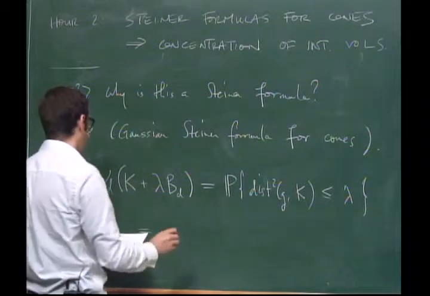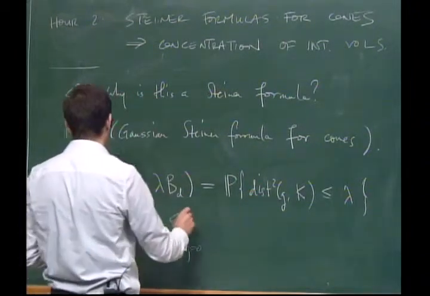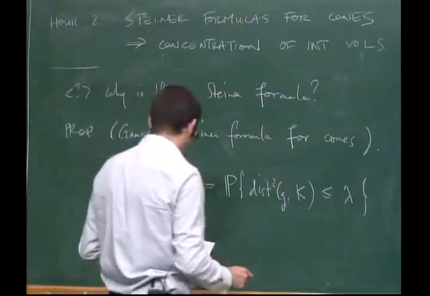So the Gaussian Steiner formula says that we can compute probabilities like this, the measures of these sets,